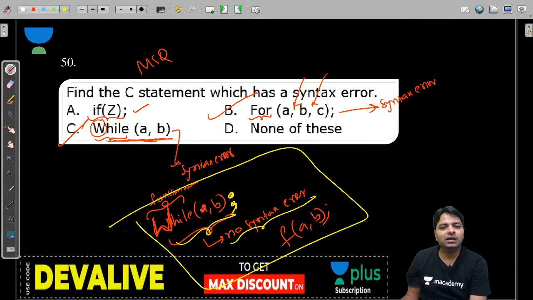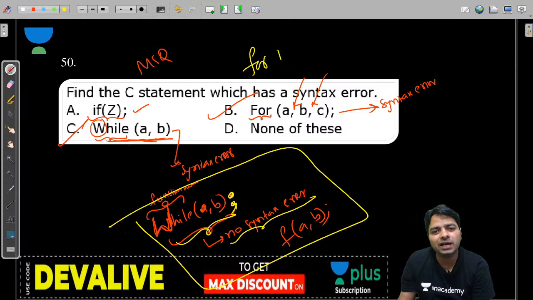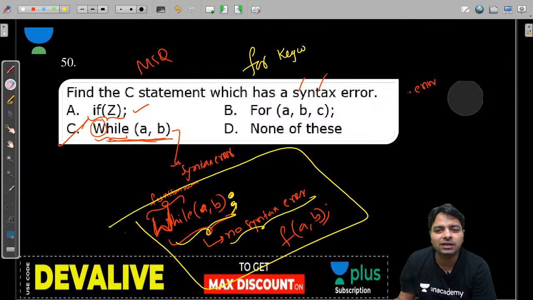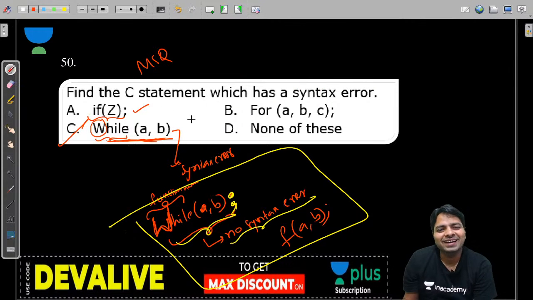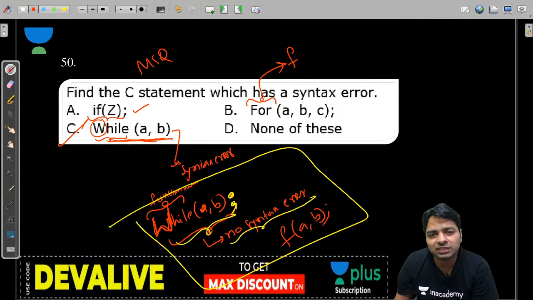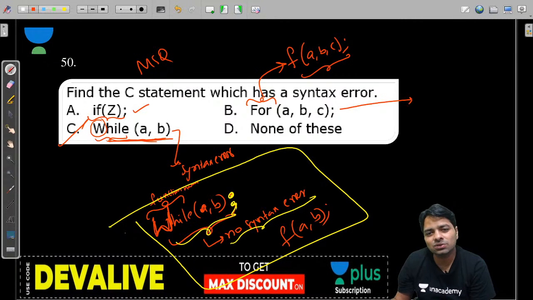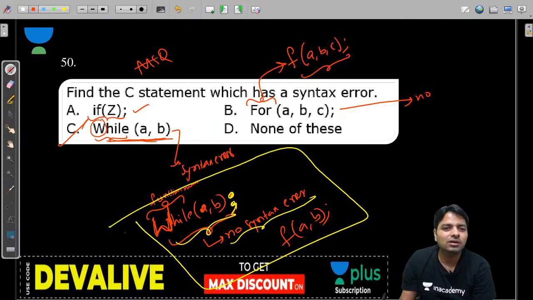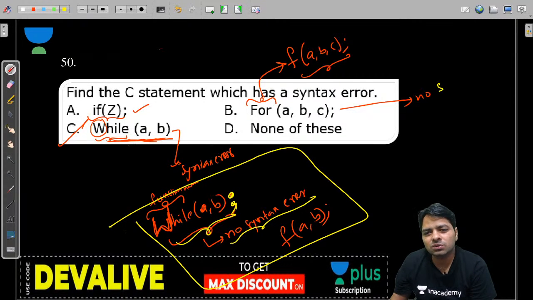In option B, it is a for keyword. For keyword, it is okay. I'm wrong, sorry, then you are right. I didn't look at it. Yes, it happens. Okay, this for is not a keyword. I was assuming because of typing mistakes. Actually my intention was not to write an uppercase letter, but it happened. This for is a function call. Yes, this time it is not an error. This is no syntax error. Now it is not MSQ anymore. Small mistakes happen because of small observations. Now there is no syntax error here.